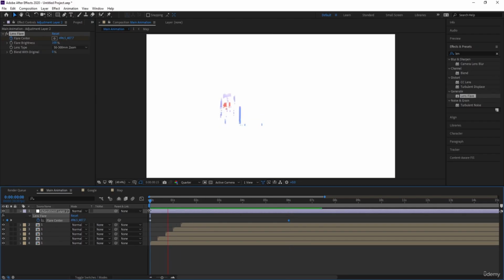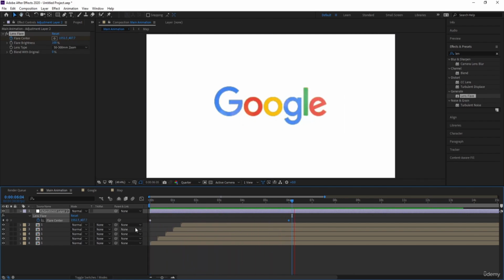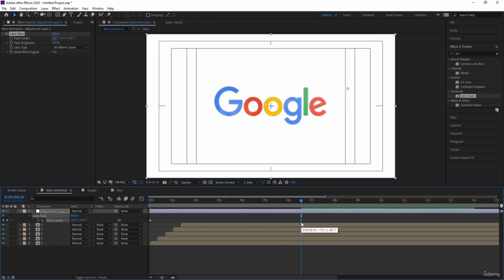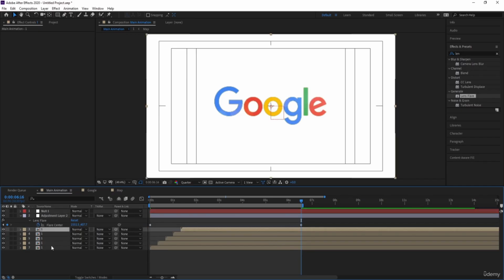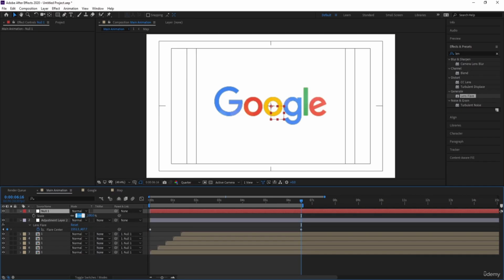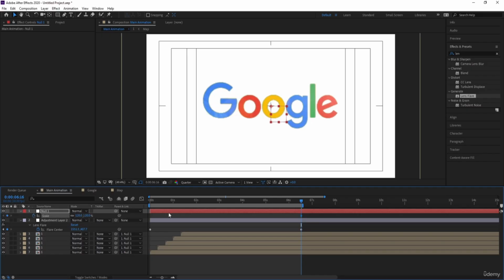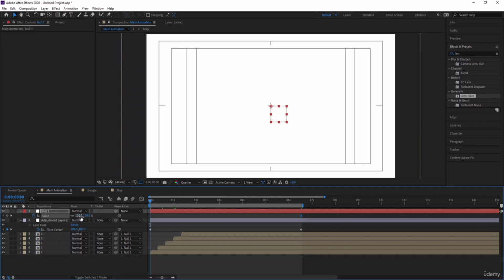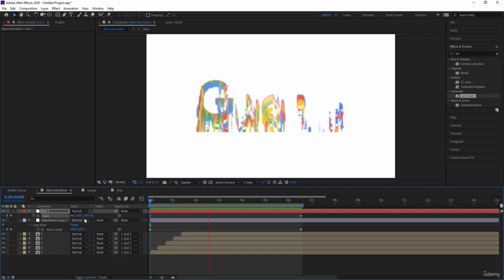So if you see this now, along with this animation you will get something like this. Okay, and let's hit N. Now right click, new, and create not an adjustment layer but one null object. Select all of these layers and make them a parent of this null one. Select this null one, press S, and let's make this 110 or let's say 120. Create one keyframe, go to the start and let's make this 140. Okay, so we are going to get this kind of